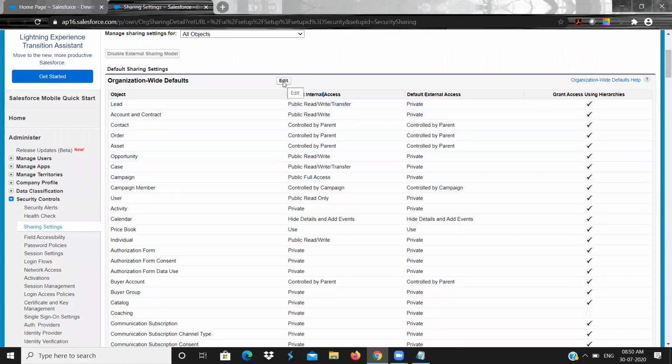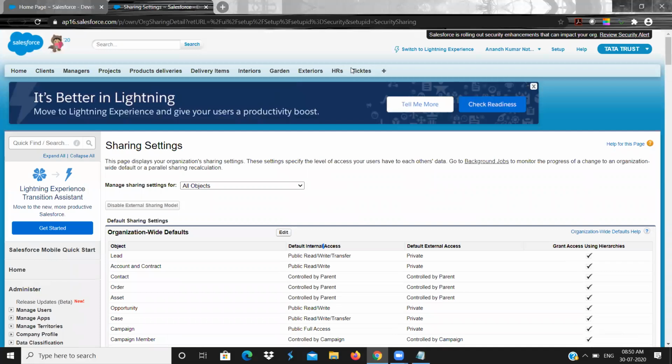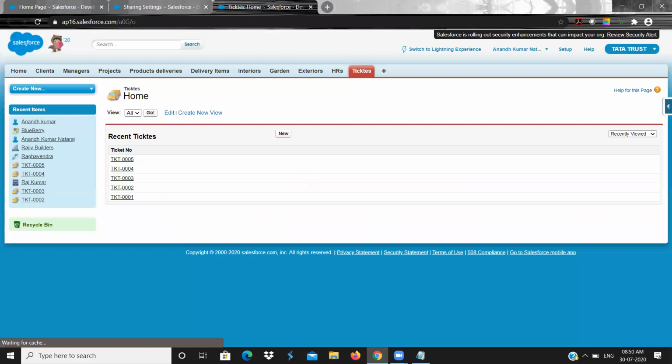So first thing, we'll open the ticket object. One second, please.